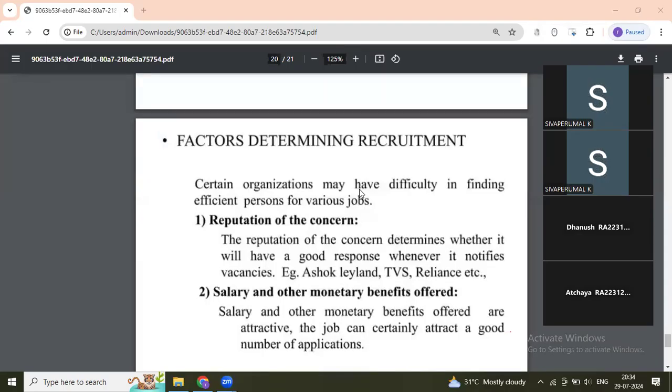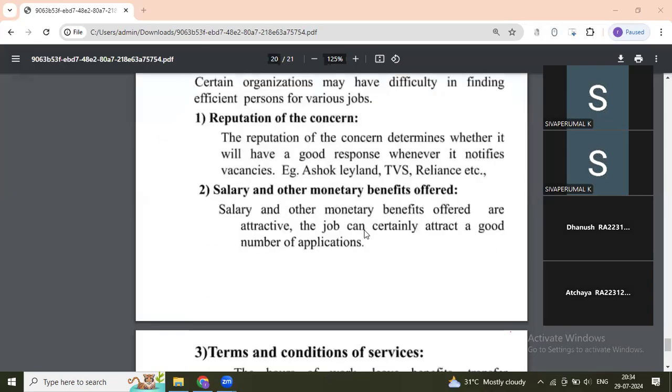The heading is factors determining recruitment. Certain organizations may have difficulty in finding efficient persons for various jobs. First point is the reputation of the concern. The reputation of the concerns. For example,